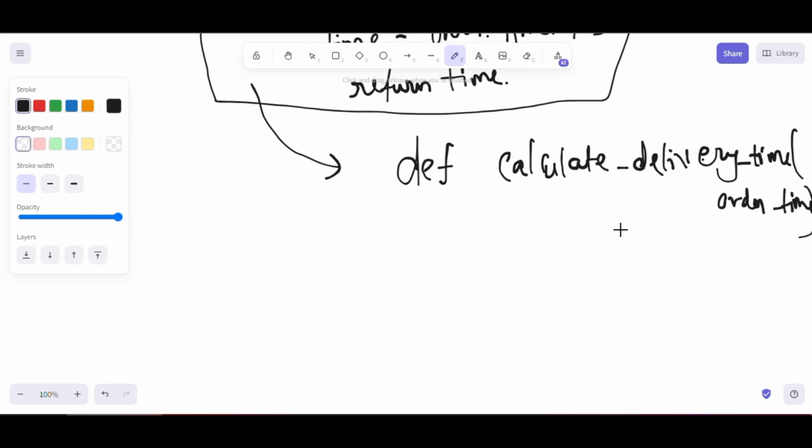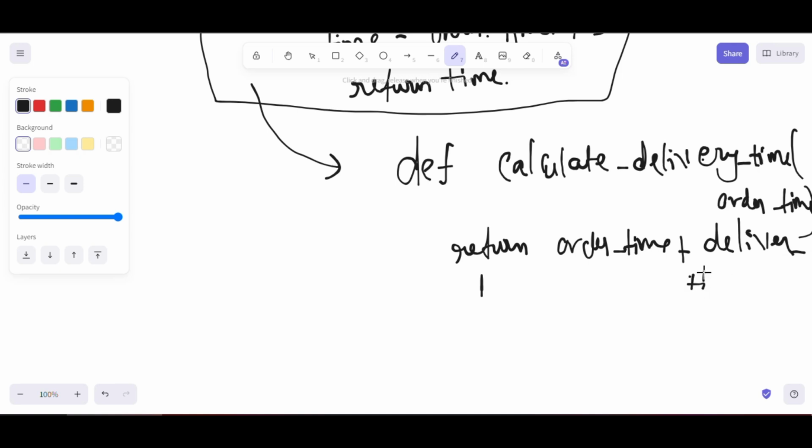If it is not 30 minutes, it may be 50 extra minutes. So you return order time plus delivery time buffer in minutes. Understood, right? This is writing minimal, expressive code.